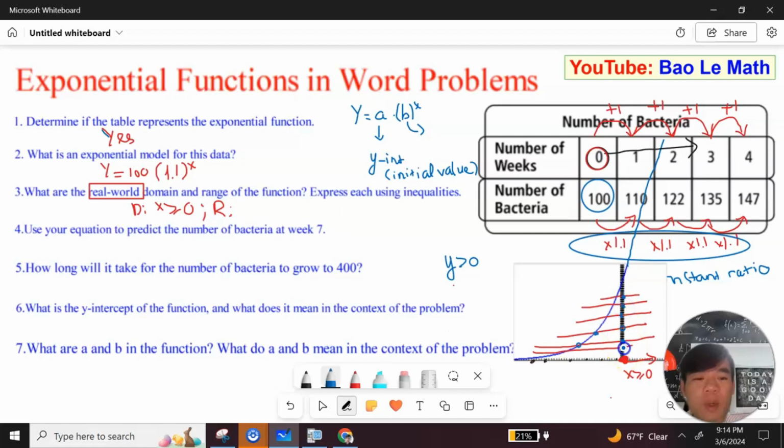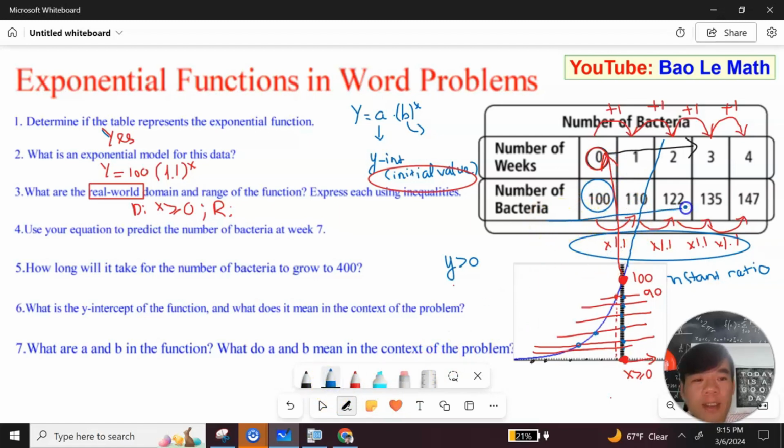is not in the range. Why? Because this is the y-intercept, and the y-intercept is the initial value. So it must be from 100 all the way up, because if it's lower than this, for example, this is 100, and this is 90, corresponding to 90 right here, you see the point, and you project down to the x-axis, and you get the dot. So it should be from 100 all the way up, like this, because right here